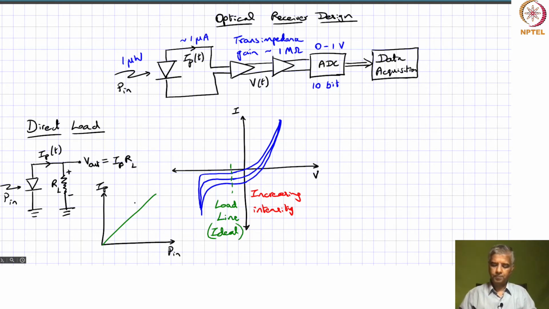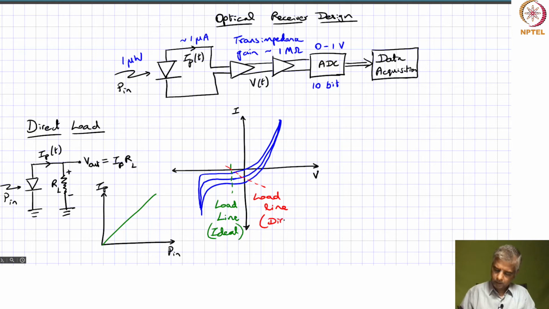Okay, so effectively the load line now is not the same as what we have over here. Instead, the load line goes something like this, right? And maybe just to reduce the confusion, I should remove this part here and say this is actually the load line